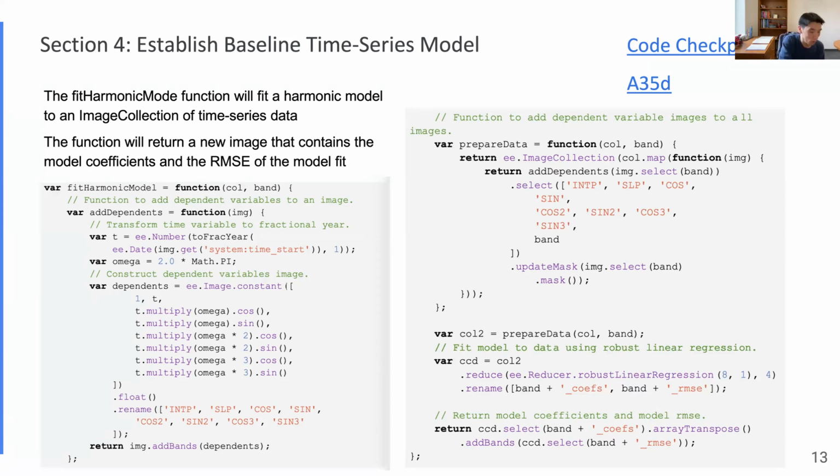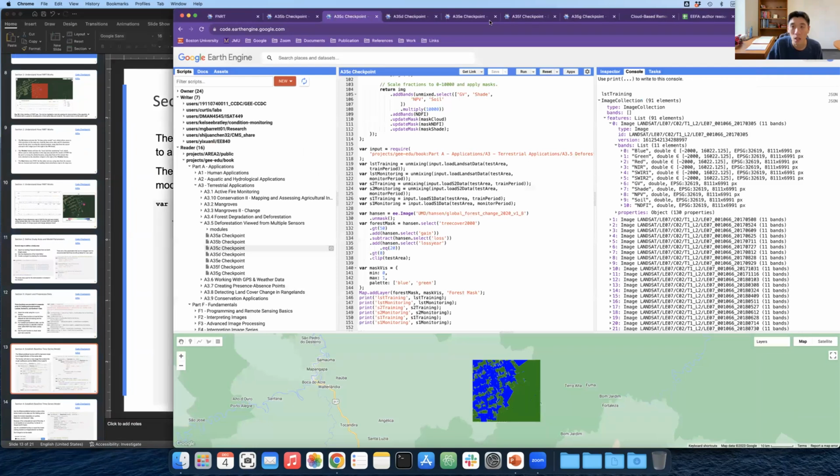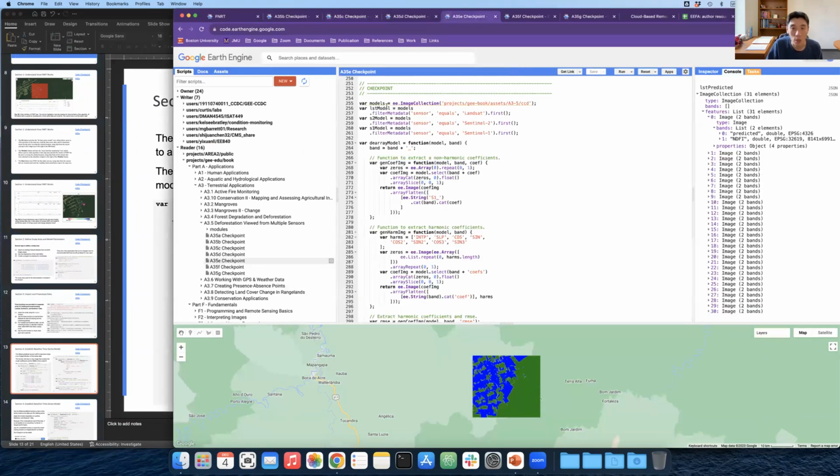I won't go into too much detail on this function. If you're interested, you can read the reference paper attached in the book, which explains how the harmonic model works. But basically, it will fit a harmonic time series model to all of the data in the training period. So in the checkpoint code, you'll notice